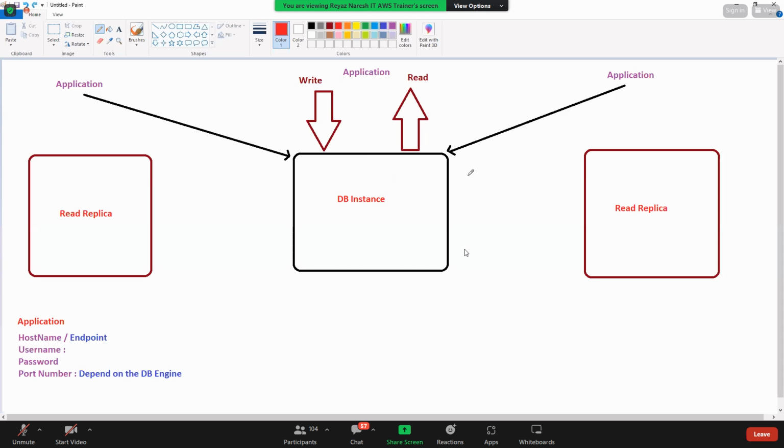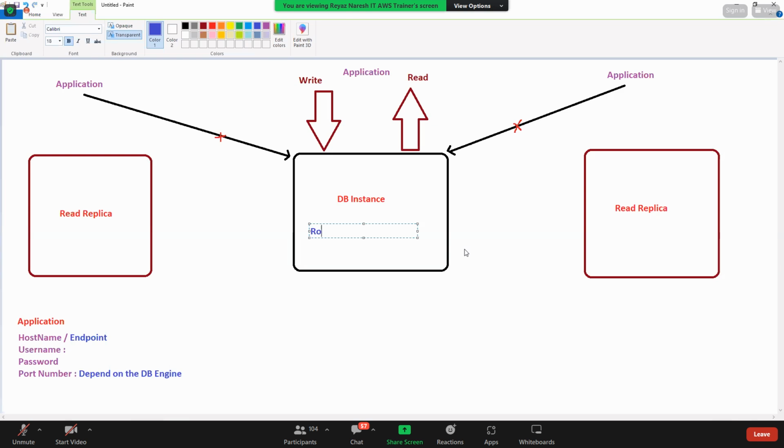So now tell me, I have this application. Is it better to connect to this DB instance or the read replica? It's not good to connect to your, can I call it a master server? Instead of calling it master server, now you should call it, basically we have a role. Generally, if it is normal, only one DB instance, we call it an instance.